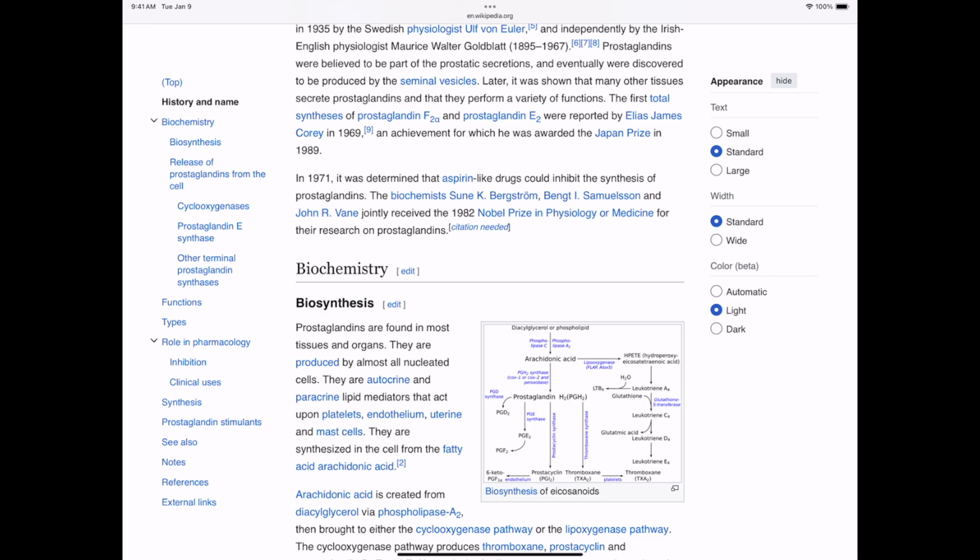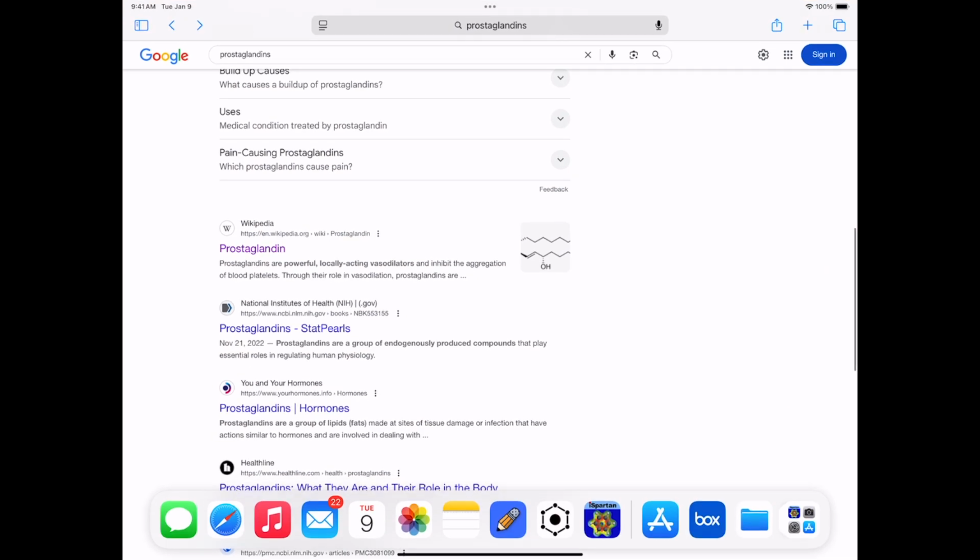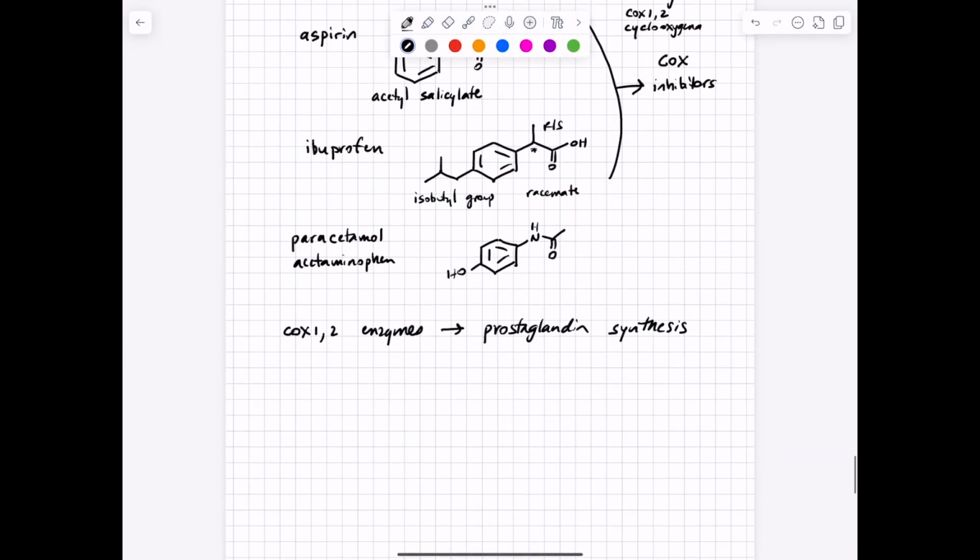Though some of them are involved in stomach acid secretion, and some of them are involved in platelet aggregation. And so taking NSAIDs can have side effects related to these things. So we could talk about the biology more, though we're sort of at the limit of what I personally know about stuff. So what you need to know is that